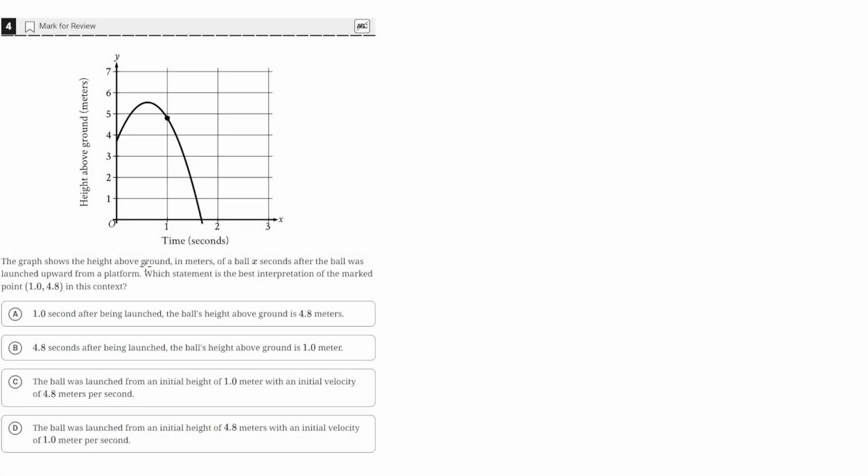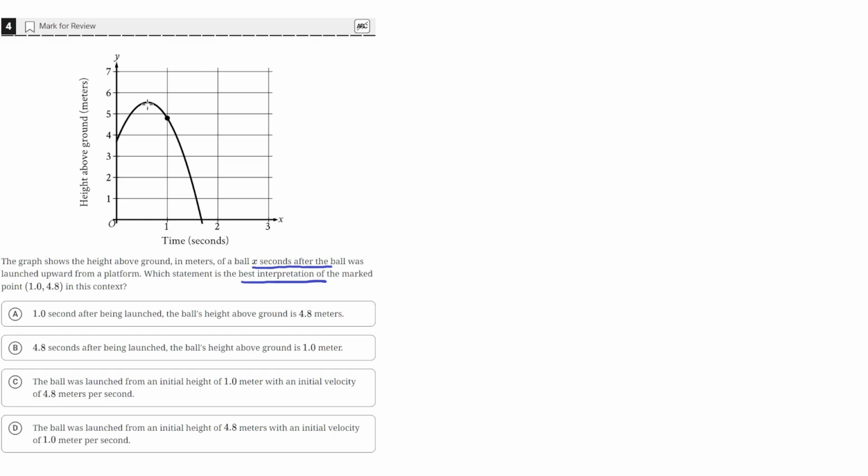The graph shows the height above ground in meters of a ball x seconds after the ball was launched upward from a platform. Which statement is the best interpretation of the marked point 1, 4.8 in this context? So we're given this graph, a parabolic sort of graph, and we're also given that this graph represents a situation